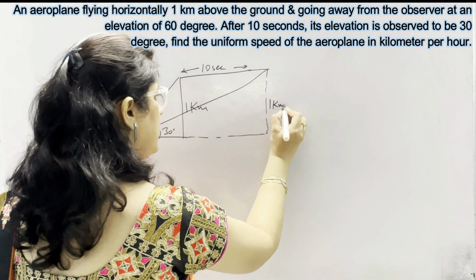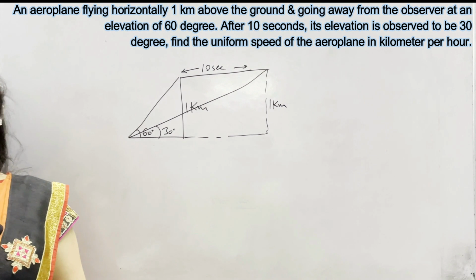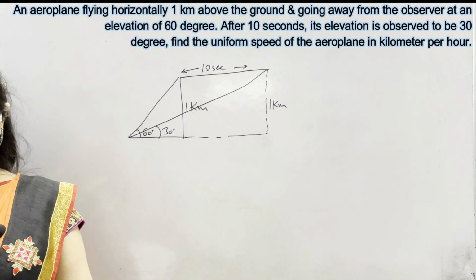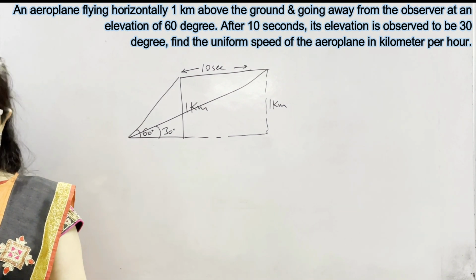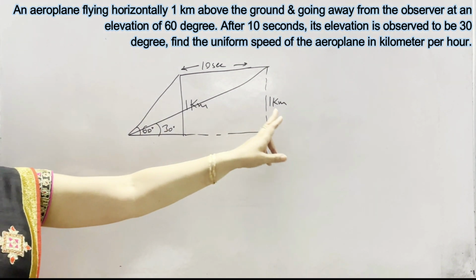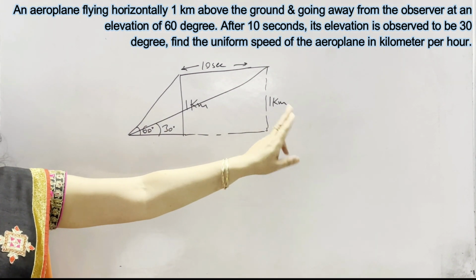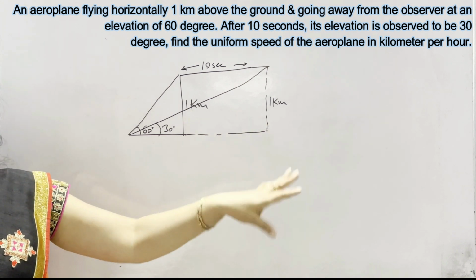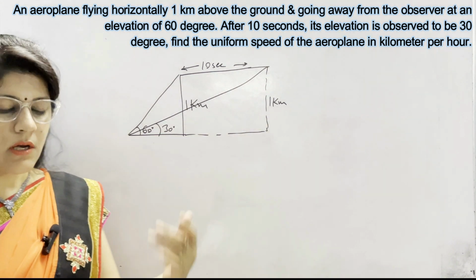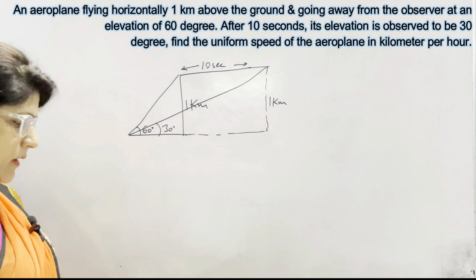Height remains the same, 1 kilometer, but the angle changes to 30 degrees. Find the uniform speed of the aeroplane in kilometer per hour. Here the height is already given in kilometers and we need to give the answer in kilometer per hour, so we can take the values in kilometers as they are. Now